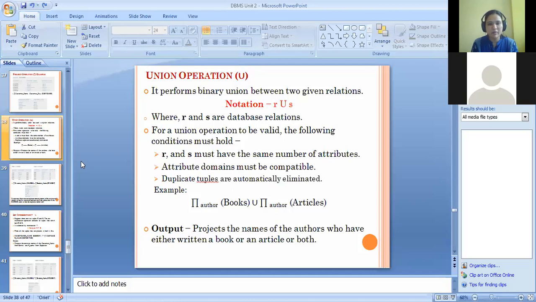Then and only then it becomes successful. And attribute domains must be compatible. Attribute domain, what's that? Can anyone tell me about the domain? Attribute domain. No one remembers?